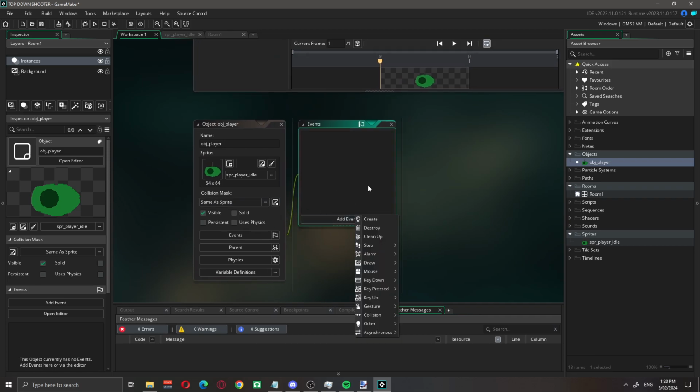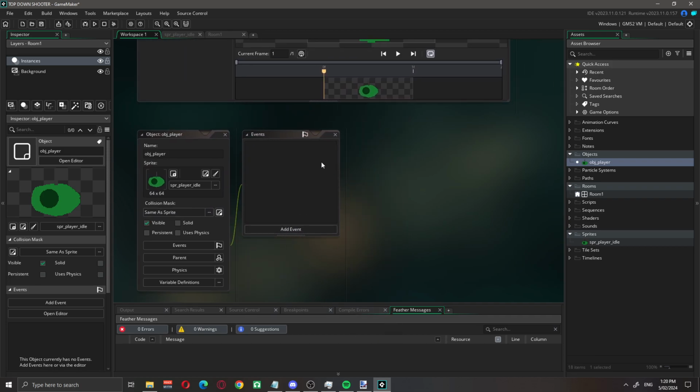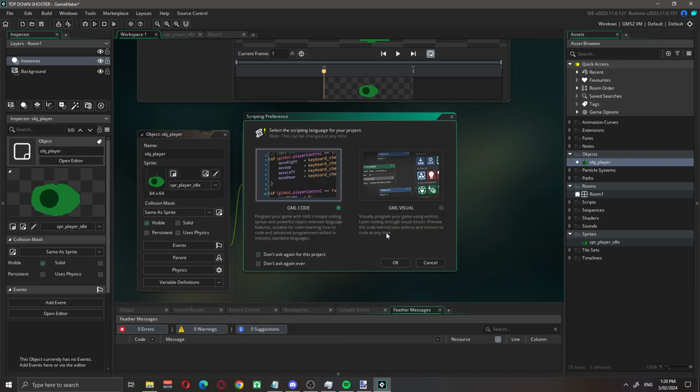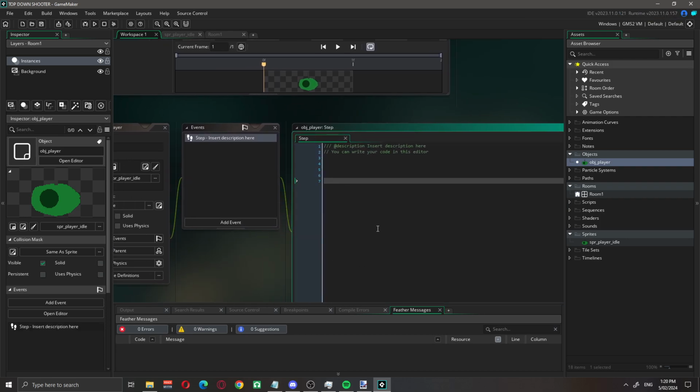So we're going to go into the events, and we're going to add a step event. Anything in our step event gets run every single frame. So we're going to pick GameMaker language code. Don't ask again. Thank you. And in here,